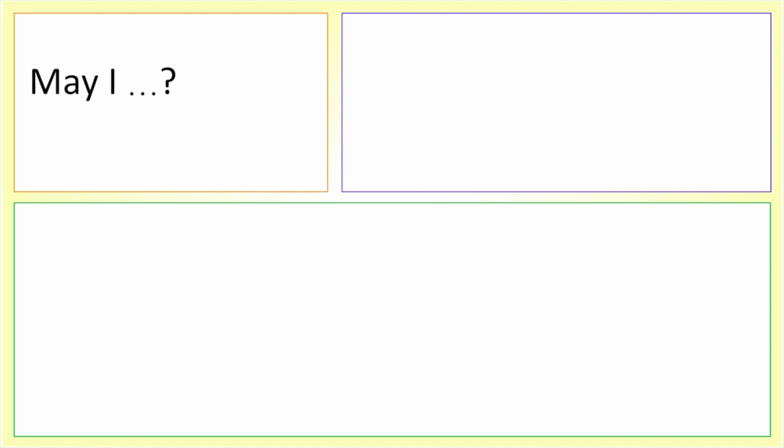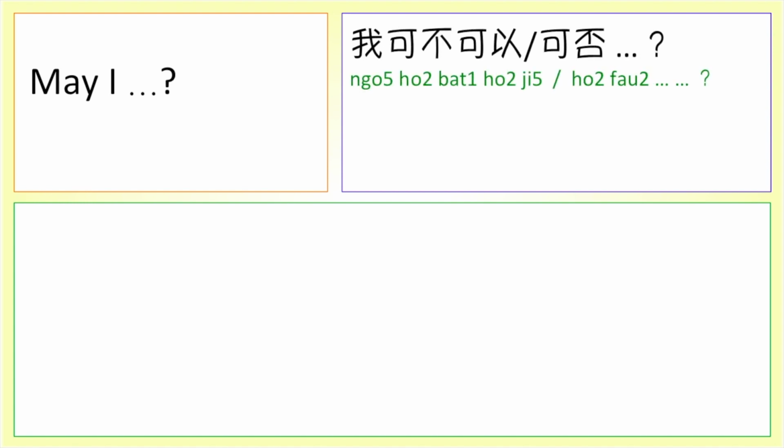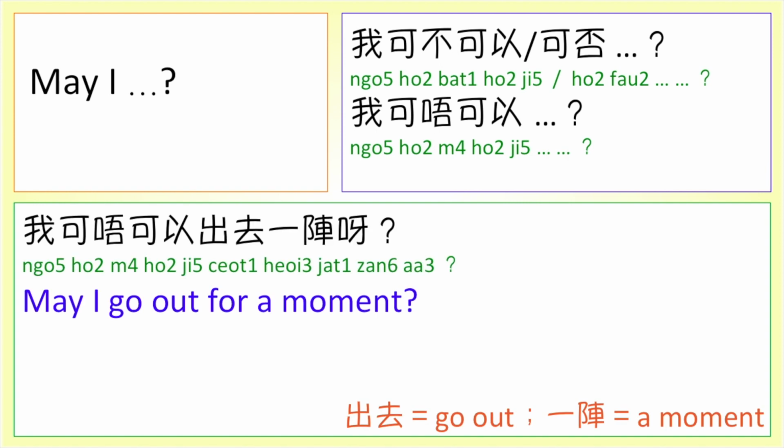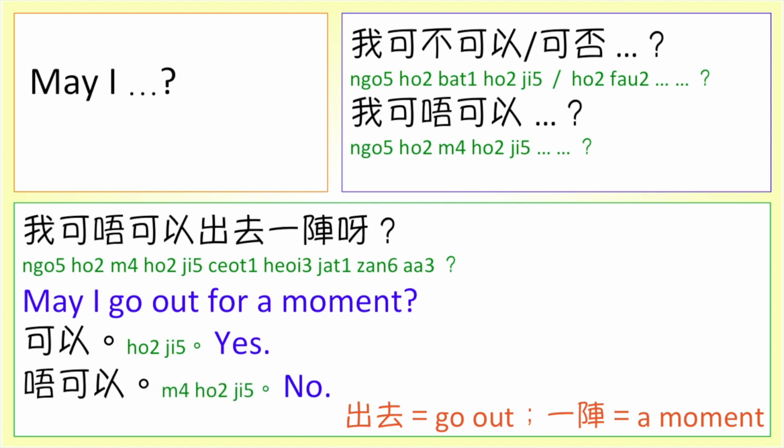In written Chinese, we say 我可不可以？我可否？ In Cantonese, we say 我可唔可以？ For example, 我可唔可以出去一陣啊？可以。唔可以。